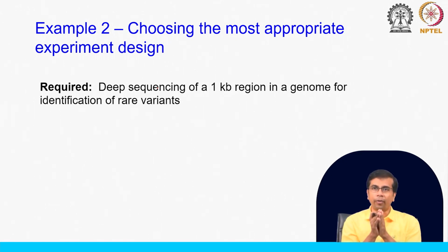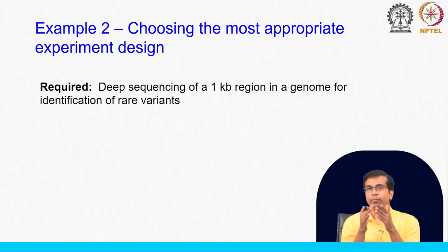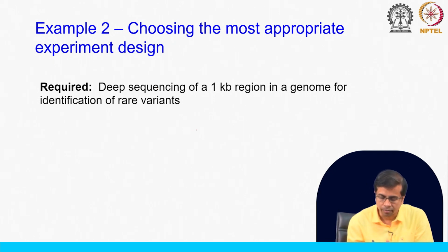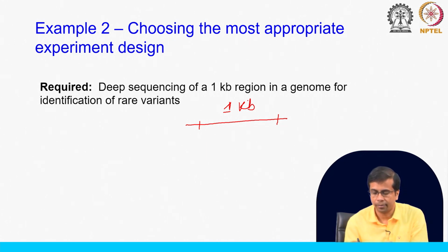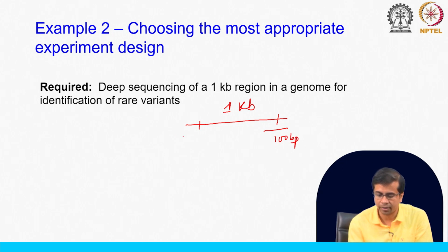So, one of the questions that you might still want to ask is, where do you expect these variations to occur? Are these variations, so I will draw this here, near the end of this 1 kb region? Do you expect these rare variants to occur only between, let us say, the last 100 base pair here and the first 100 base pair here of this region,